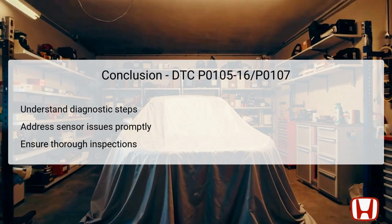In summary, understanding DTC P0105-16 and P0107 is critical for maintaining the performance and efficiency of the Honda CR-V 2023 and newer models. The MAP sensor's low voltage condition can lead to significant engine performance issues if not addressed promptly. Following systematic troubleshooting steps ensures that each component, from the MAP sensor to the PCM, is thoroughly assessed and verified for proper operation. By implementing preventive maintenance practices, one can mitigate the risk of recurrence of this DTC in the future. Always remember that regular vehicle maintenance and prompt attention to warning signals can lead to an enhanced driving experience and vehicle